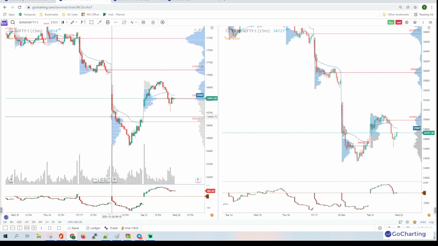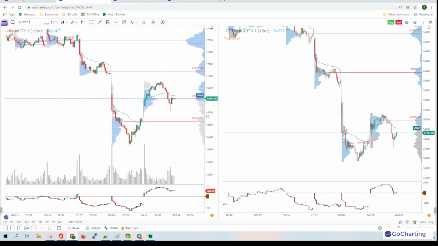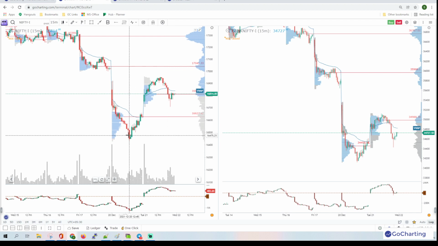Generally, what is a value area? Value area is the 70% traded volume in the case of volume profile, or in the case of market profile, the 70% traded time. That's all. Now, most software, like Go Charting that I'm using here, essentially have a way to demarcate 70 and non 70%. So this range, if you see, is called the